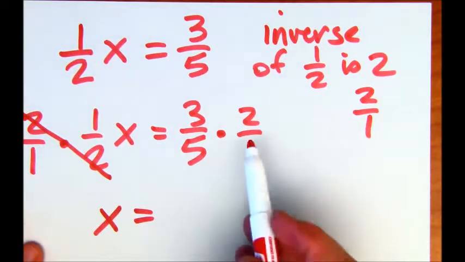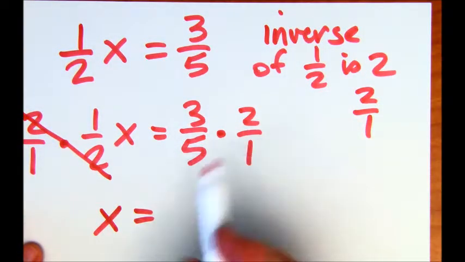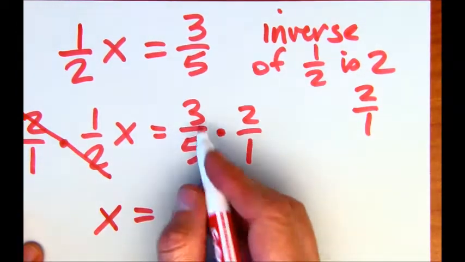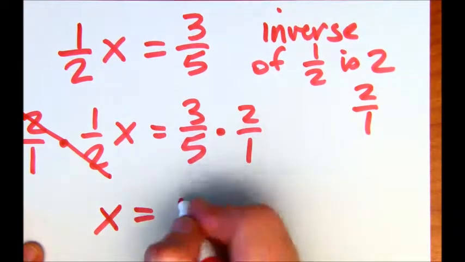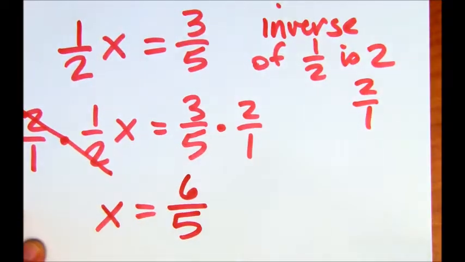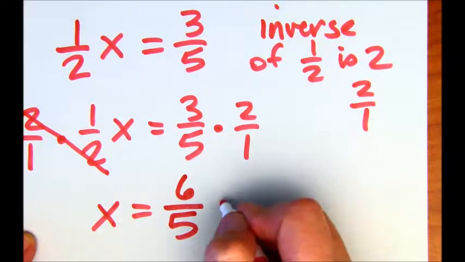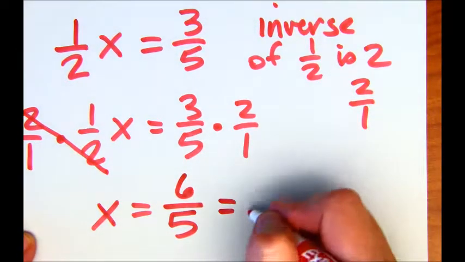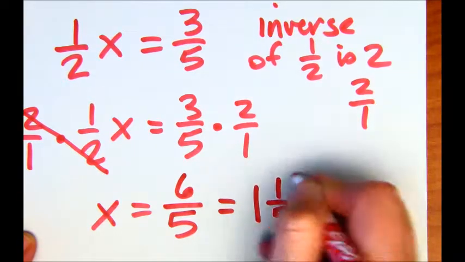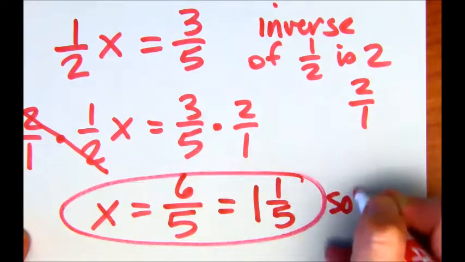Let's see if we can reduce. Doesn't look like we can, so we're just going to multiply across. We get 3 times 2 is 6, 5 times 1 is 5. We can change that to a mixed number. It's going to be 1 and 1/5. This is the solution,